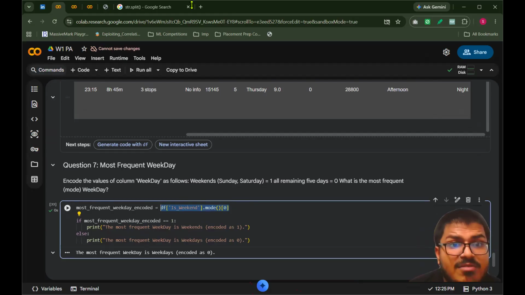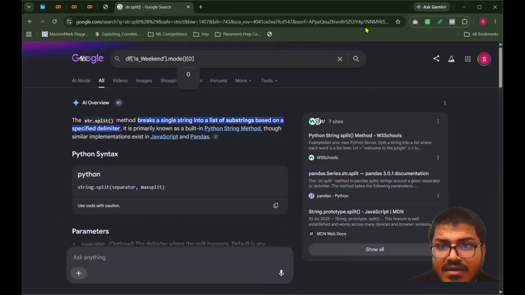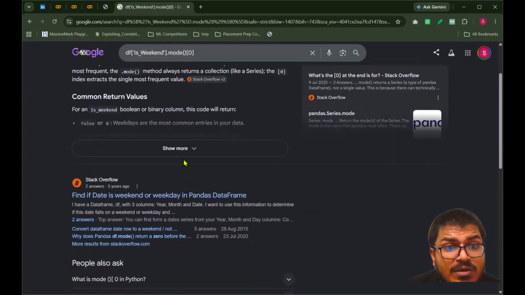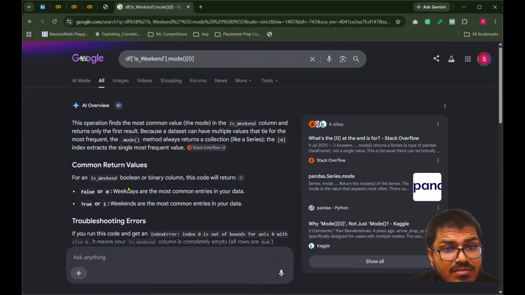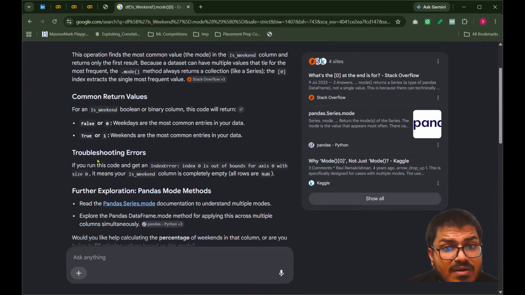आपको समझ में नहीं आ रहा तो यू शुड गूगल एंड ऑल, लेकिन नेवर डू ब्लाइंड कोडिंग, ब्लाइंड कोडिंग इज वेरी बैड। अगर आपको कुछ समझ में नहीं आ रहा, आप गूगल करो, इट विल हेल्प यू टू अंडरस्टैंड। देखो, इज वीकेंड, फॉल्स और 0, वीकडेज आर द मोस्ट कॉमन इंटीज इन योर डेज, एंड वीकेंड्स आर द मोस्ट कॉमन इंटीज योर डेट। देखो इसमें क्या होगा, हाँ, ये तो उसको एक्सप्लेन नहीं किया, बिकॉज इट्स नॉट ऑफ द पार्ट ऑफ कंटेक्स्ट।